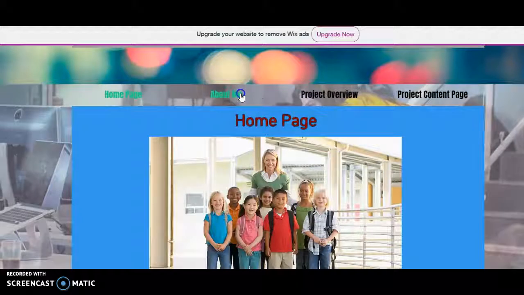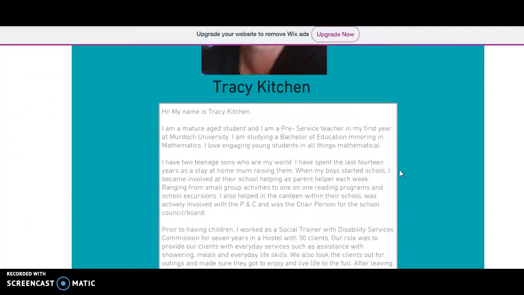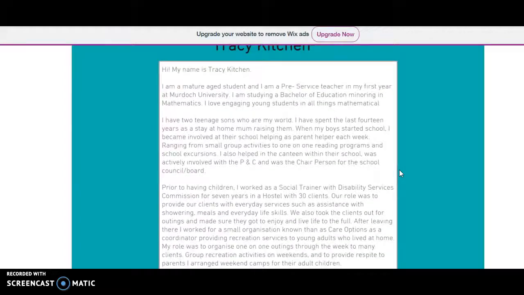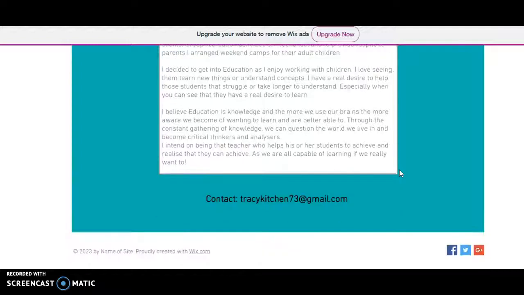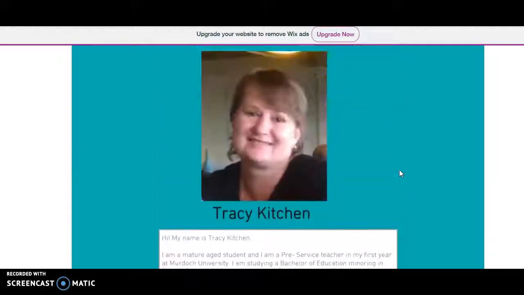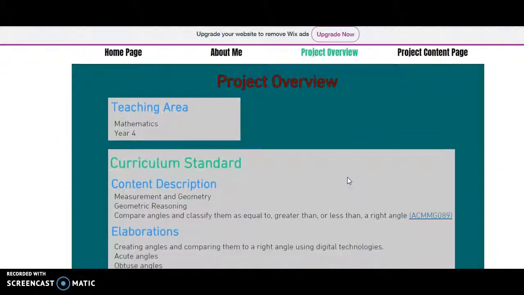Then we move on to the About Me page, which has a picture of me, a little bit of information about who I am, a bit of history about me, and then at the bottom is my contact details, as in my email address. Then we go to the project overview, and in the project overview it talks all about